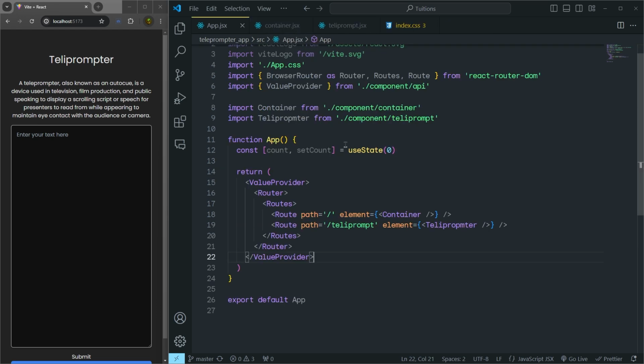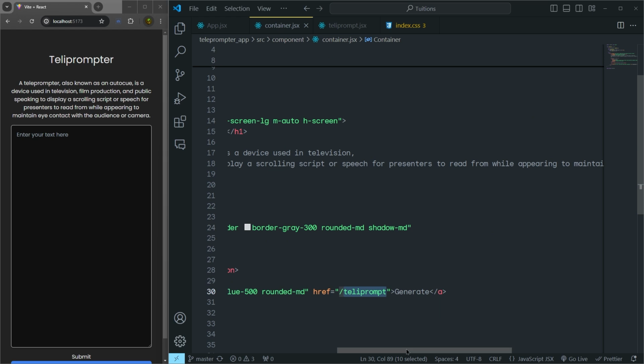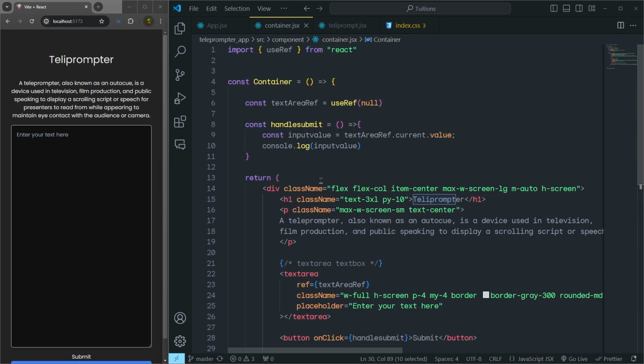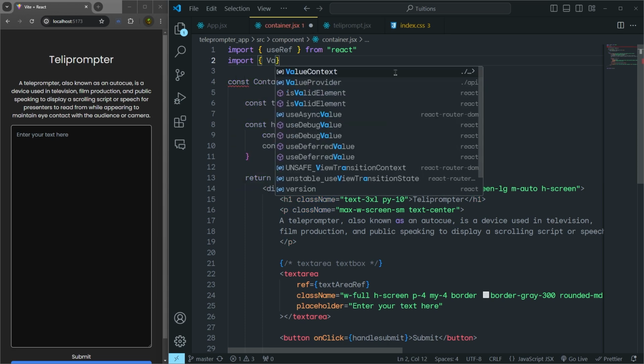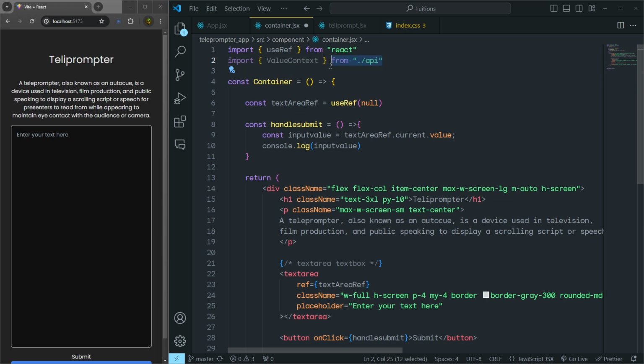Once we have this file, let me close it because we are not using it. As you know, inside this container, we are using this useRef to access the value of the text area, and we display that using the handleSubmit function. So instead of doing this, now we are using the context API. So I'm going to import here value context from API right from this file, and then right down here I'm going to say const. In the object we pass value and set value,